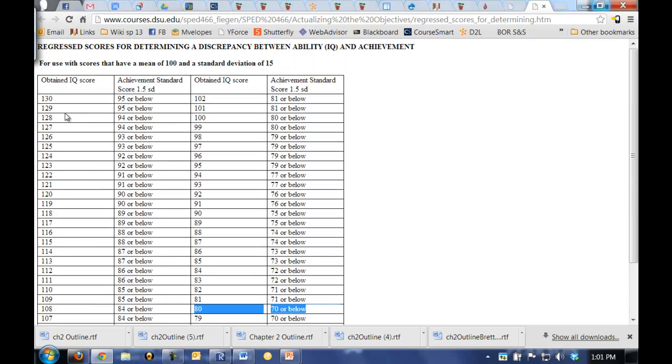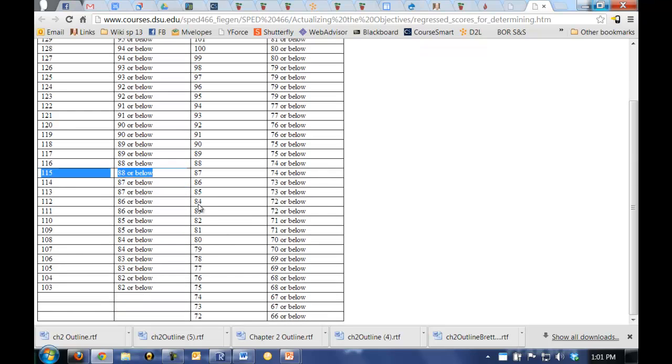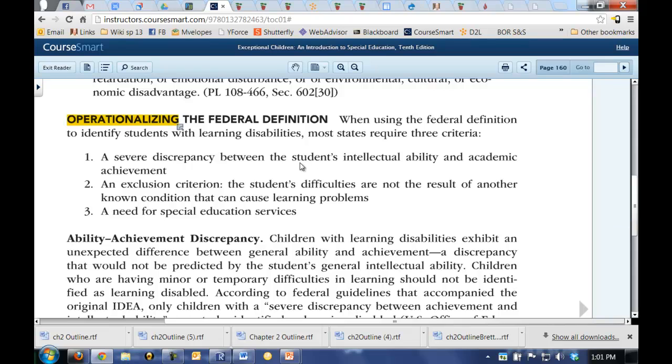Versus over here, just say you were a gifted kid, and we said a gifted starts at 115. 88 is not too hard to be below that then. So if you have higher IQs, this comes more into play. So what we end up over here with these kids in the 80s is just a low-functioning student that really does not meet the criteria of a learning disability. So it's really a failed model, and thank goodness they have changed this up somewhat. But you have to have that severe discrepancy between the student's intellectual ability and academic achievement,